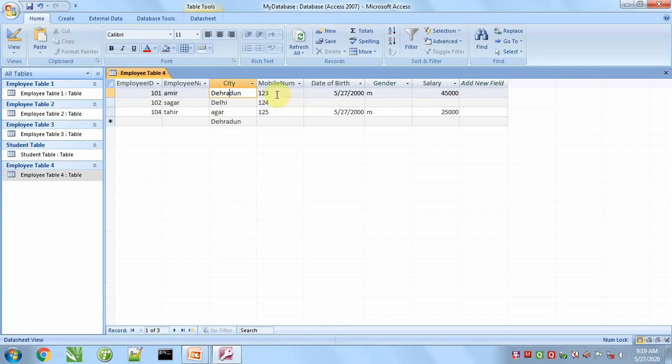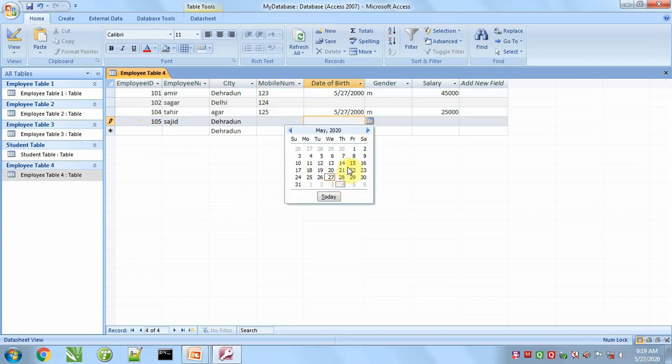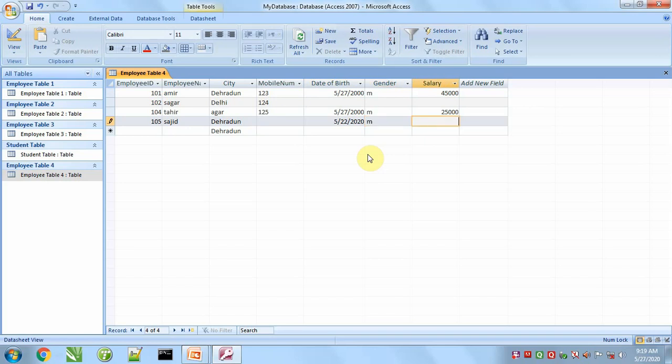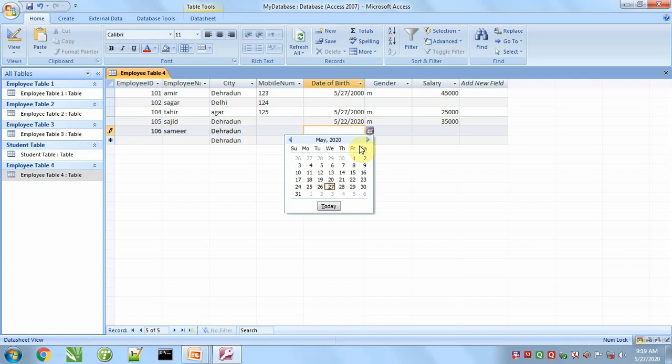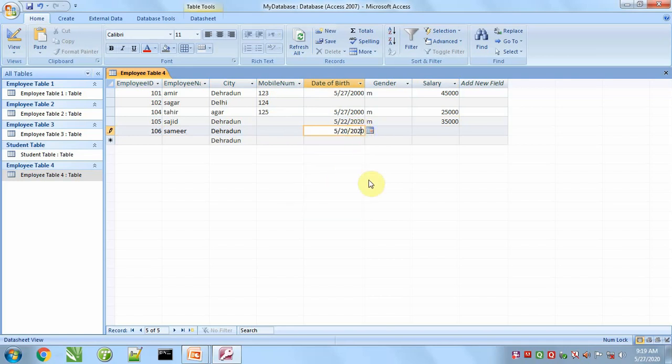Index: we can leave it blank, but we cannot enter a duplicate value.